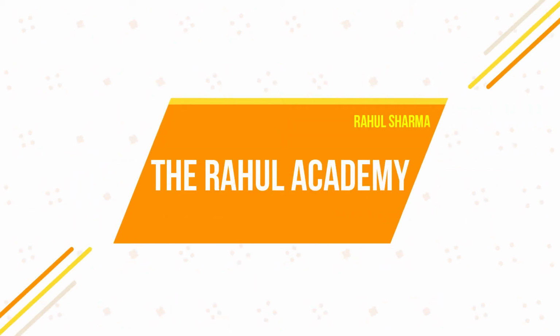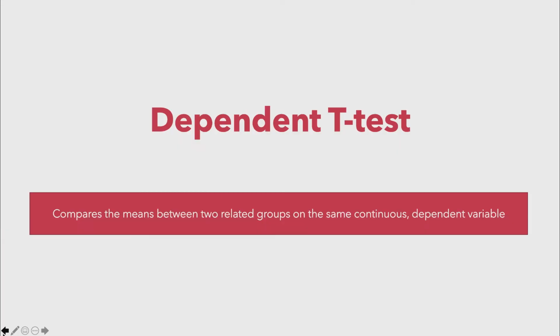I am Dr. Rahul Sharma and I would be demonstrating to you how to conduct paired sample t-test analysis using SPSS. Paired sample t-test is sometimes called dependent sample t-test or just dependent t-test. This is a statistical procedure which is used to determine whether the mean difference between two sets of observations is 0. In paired sample t-test, each subject or entity is measured twice, which results in pairs of observations.